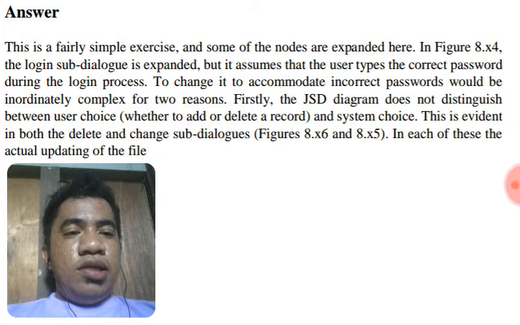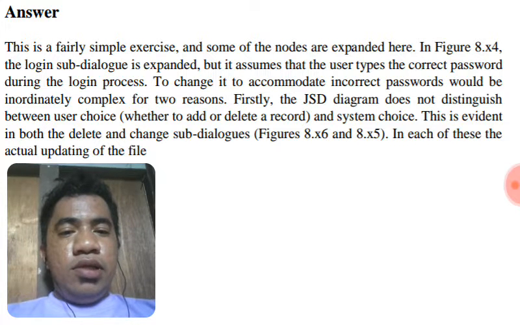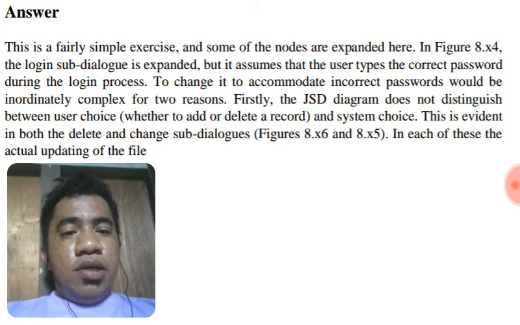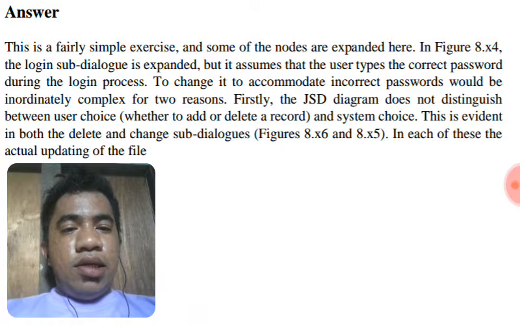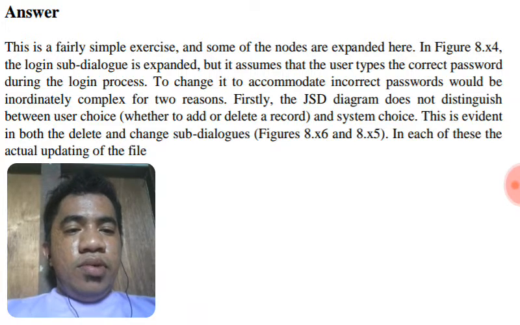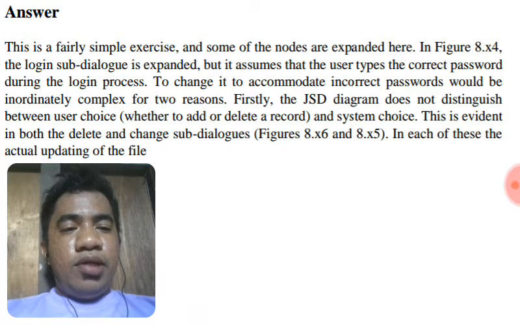First, the GST diagram does not distinguish between the user's choice whether to add or delete a record and the system's choice. This is evident in both the delete and change sub-dialog, figures 8.x6 and 8.x5. In each of these, the actual updating of the file